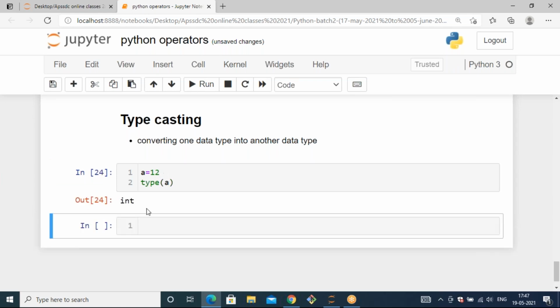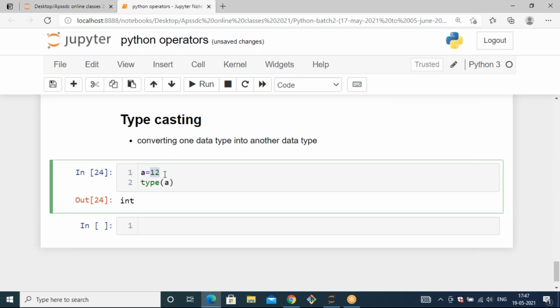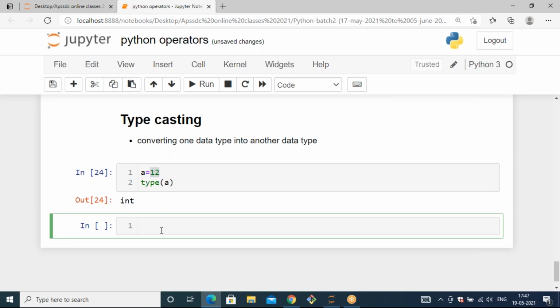It will give me integer because 12 is an integer number. Now I need to convert this 12 into a floating point number. Before converting, just imagine yourself: is it possible to convert the number 12 into a floating point number? Yes, ma'am.